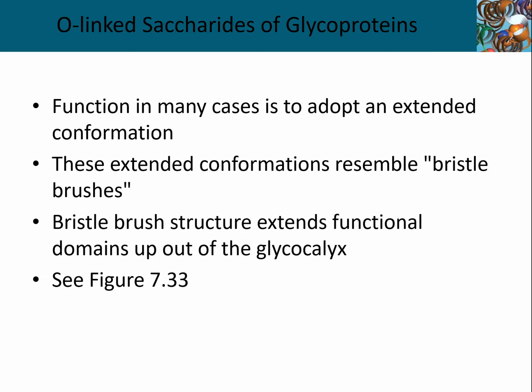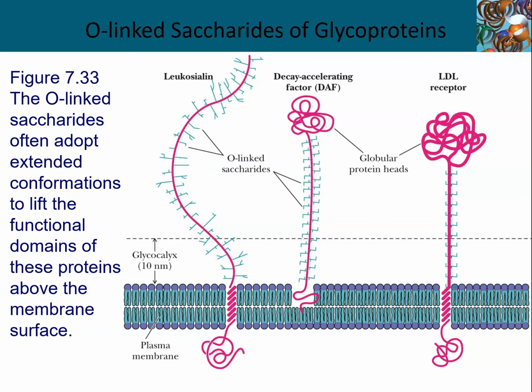So the O-linked saccharides often form extended bristle brush structures, which function as, for lack of a better word, I'm going to say sensor or functional domains, on the outside of the glycocalyx, which is the outside of the cell wall, which has been modified by your carbohydrates. And this is just a simple variation on this, where you have these long bristle brush structures that reach out